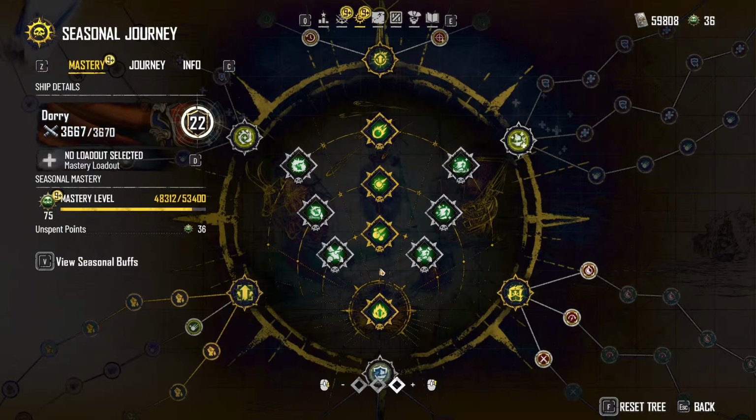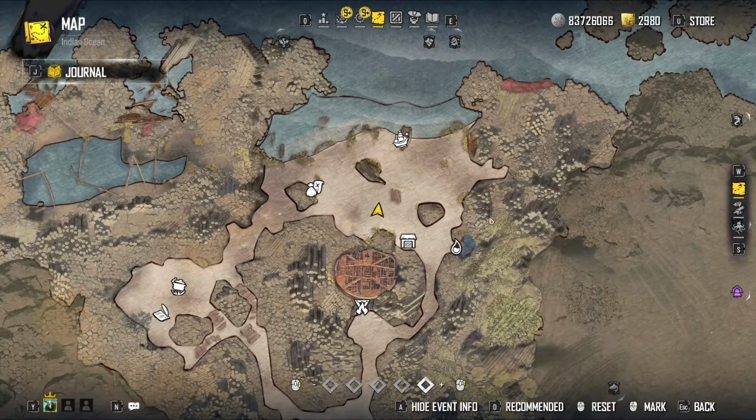When you first hop into the game, you are going to be thrown into World Tier 1. You can jump straight over into World Tier 2, but you are going to be at a maximum ship cap of 17. Once you throw those first few points in, you are going to be able to gain some levels. What I suggest is head over to your map,